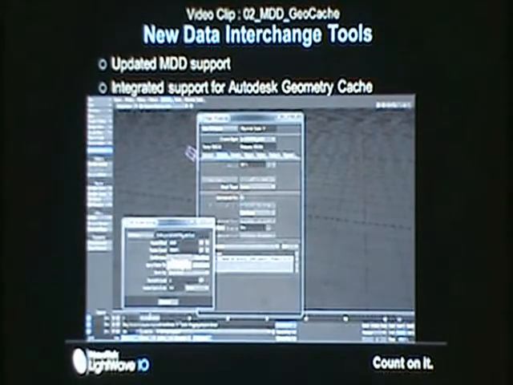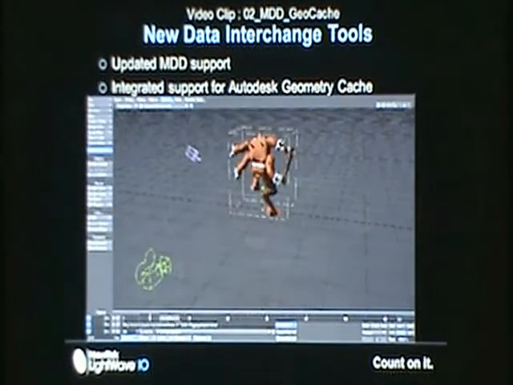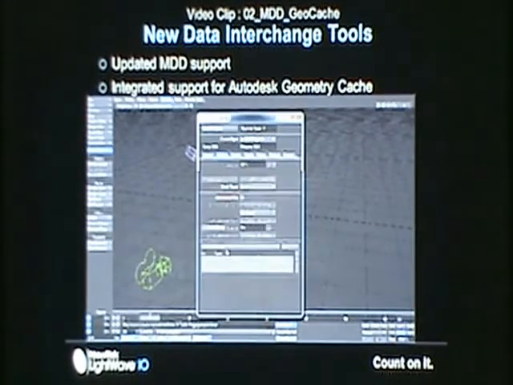This is where you choose your world space or your object space, whether you want the object to be baked to play back exactly where it was recorded, or if you want to be able to do things on top of that. So you can see it's got the geometry that we just saved in LightWave, even though it's using a geometry cache file in the Maya format. Because LightWave can load those data. So I could have saved it as an MDD, but in this case I saved it as a geometry cache. You can choose either one. Now, if you go in and let's see,